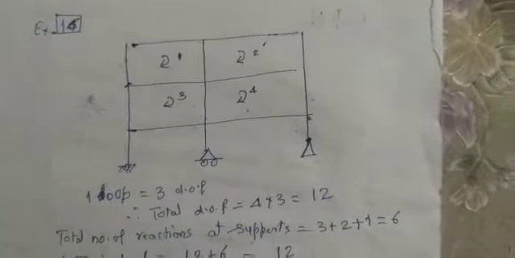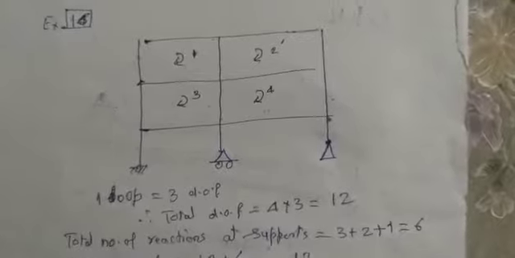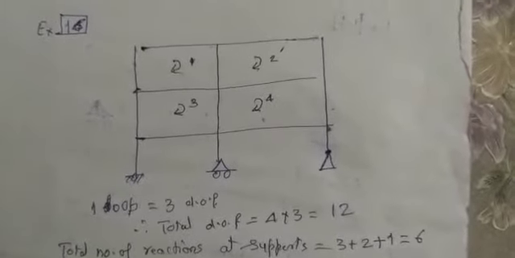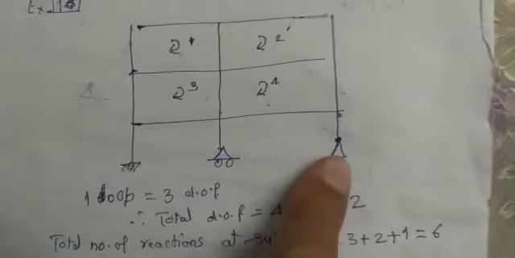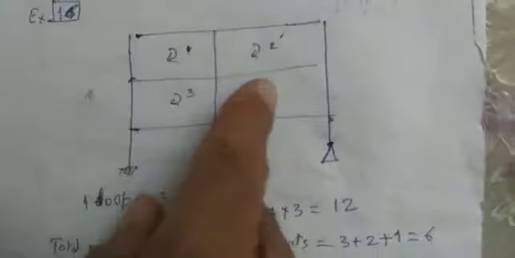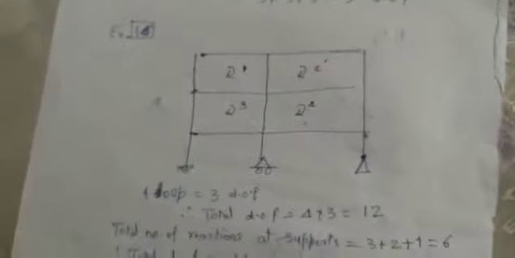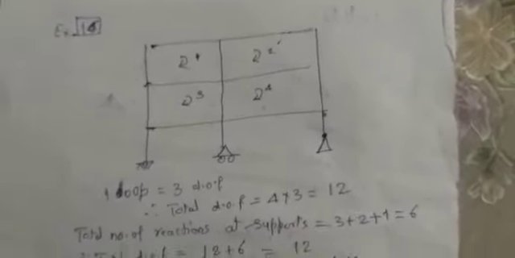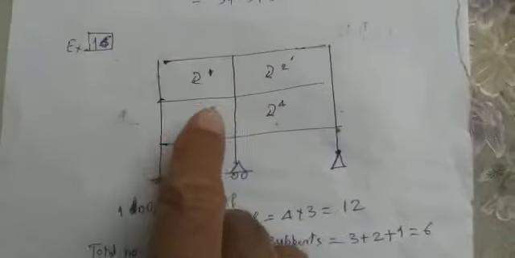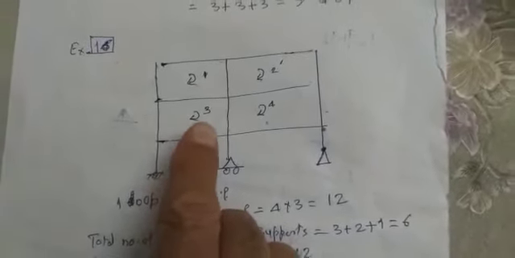Now we'll go to the next, multi-story frames. Instead of a single story, with a continuity over here, there are 1, 2 and 3 supports, and 4 closed loops. So we can straightaway calculate the total degree of redundancy. First of all, see how many closed loops there are: 1, 2, 3 and 4.